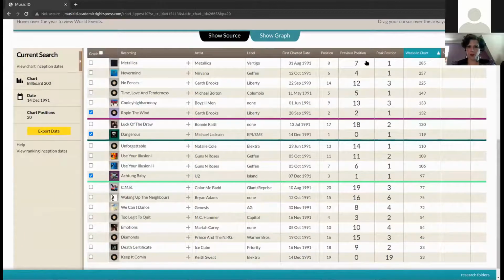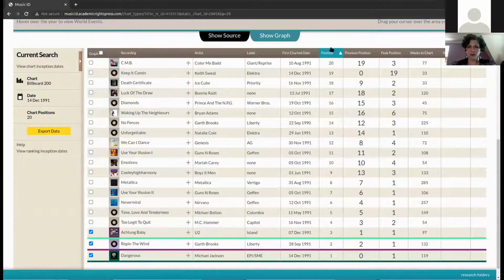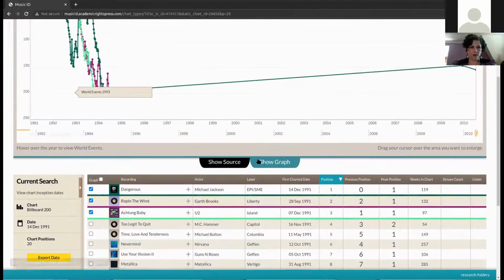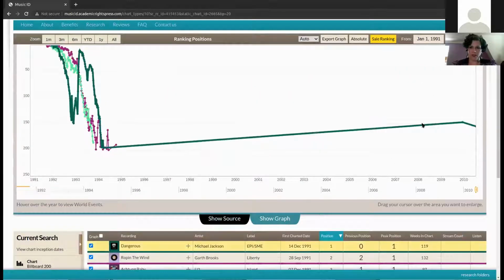Okay, let me go back to position. So what we've got selected by default are these top 3. Dangerous debuted at number 1, so that's the start, green. When you see a long line like this, that is just showing you that there is no position for all of this time, but there is one at a later date. So for example, this berry colored line, which is Garth Brooks' Ropin' the Wind, it stops. So it did not come back to the Billboard 200 after this date, which was,